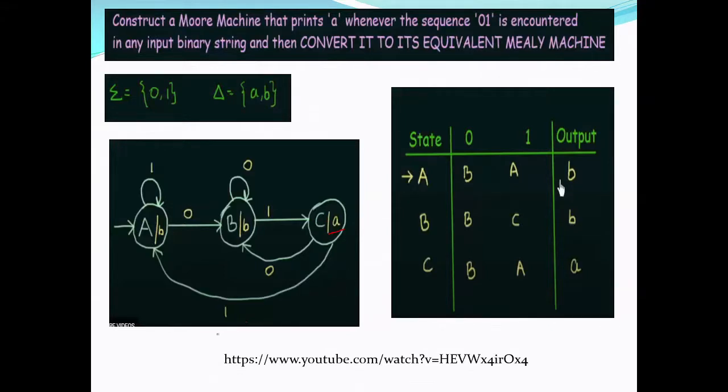Right? Now look at this. I am constructing a Mealy machine from a Moore machine. So this is the Moore machine. Now how can you compare a Moore machine and a Mealy machine? When do we say they are equal? When they produce the same output. But if you look at the Moore machine, the length of the output is 1 extra than the input. But the Mealy machine will give you the same length.